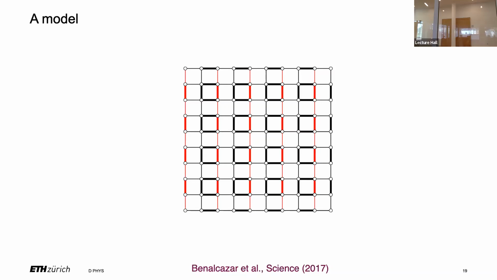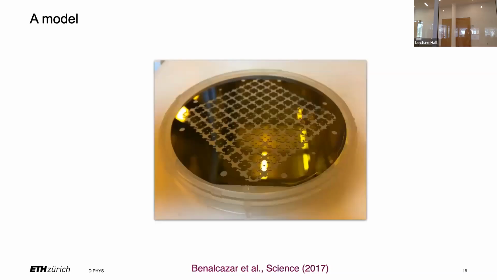So you need to have a way to implement this, what we would call a reduced order model, or tight binding model, or effective model. We need to embed this in a high dimensional manifold of elastic waves. So that was the challenge that we needed to solve. So this is what we wanted to build. This is a silicon wafer with little plates that have some vibration frequency, and then you see these arms that connect them that should give rise eventually to that effective model that I've shown you before.